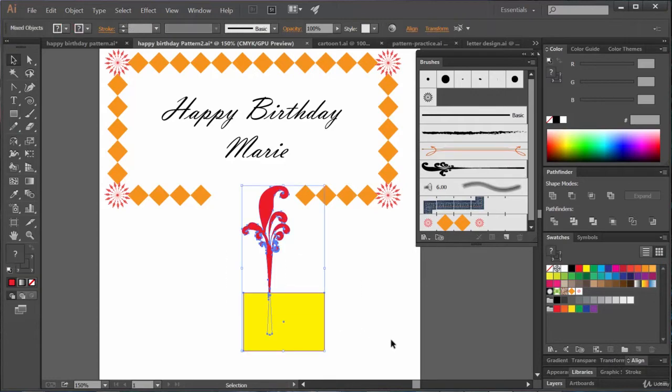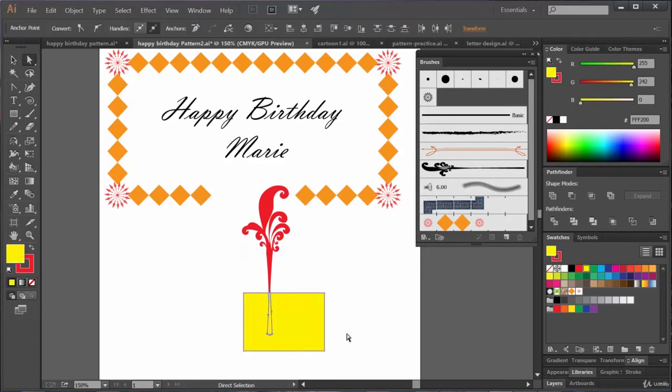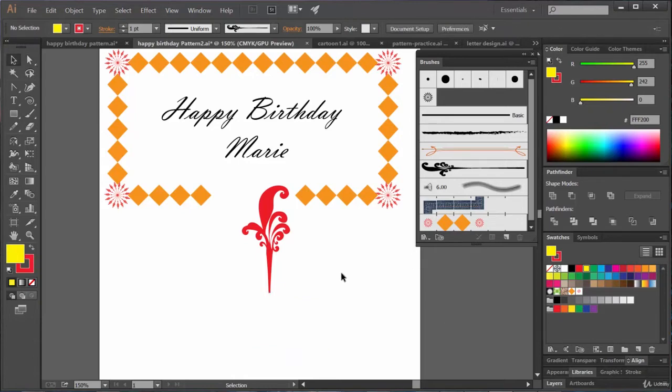So let's now select these two and click on divide. And now, using the direct selection tool, select these two and delete them. Yeah, and now we can work on these.